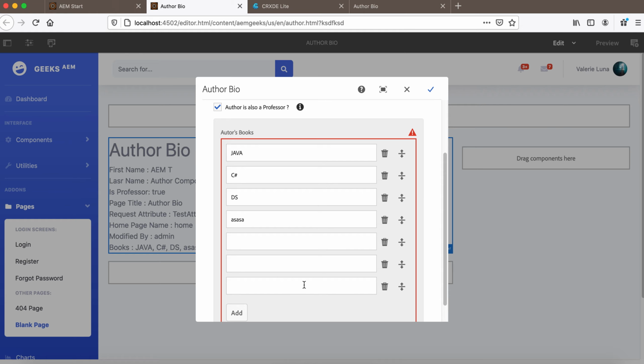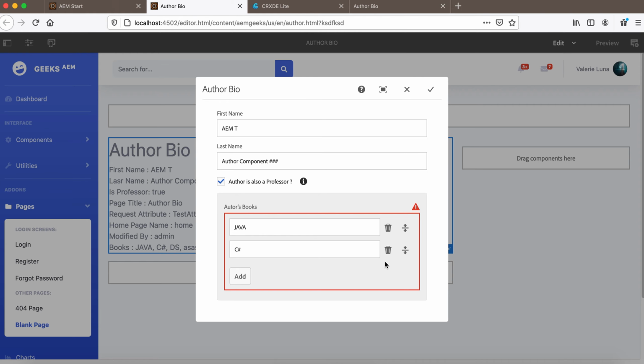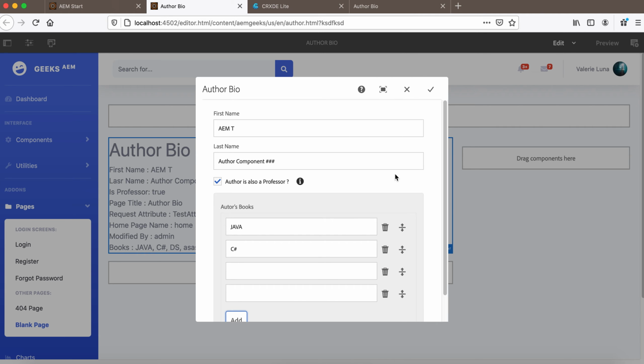Let me check the minimum value as well. So it is not allowing more than 5. Let's see whether it's allowing us to add fewer than 3. It's not allowing fewer than 3, and the message is the message we gave. So our validation is working fine. Let me give you a piece of code that restricts adding more than 5, but that is not actually what you should be doing, because with that piece of code you are adding some custom things.